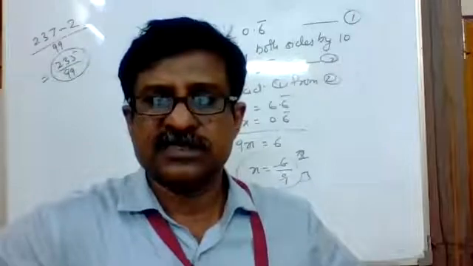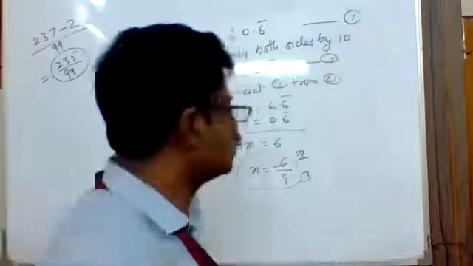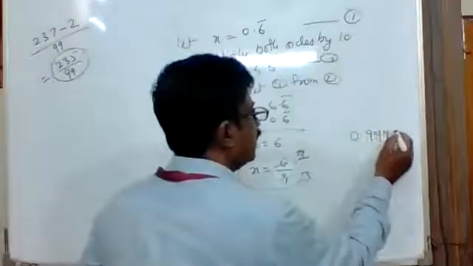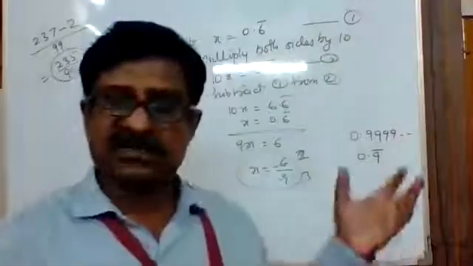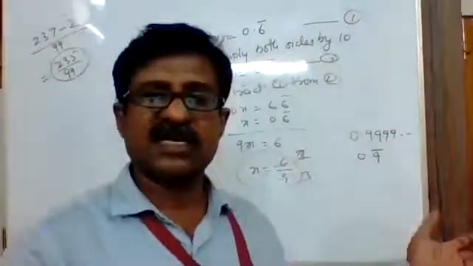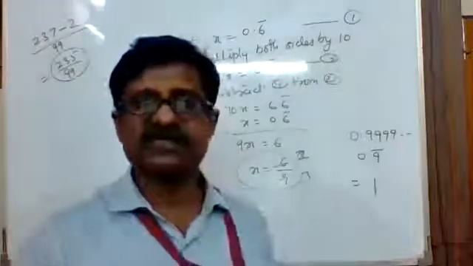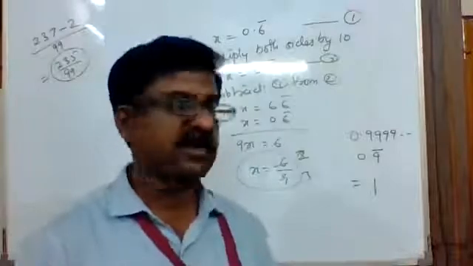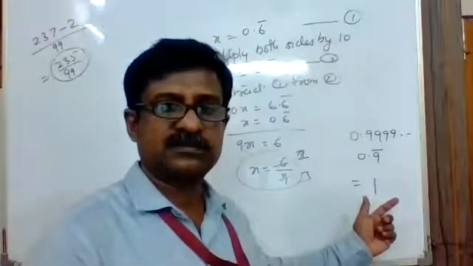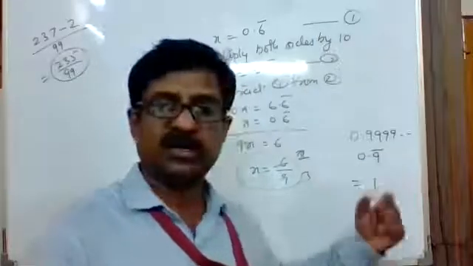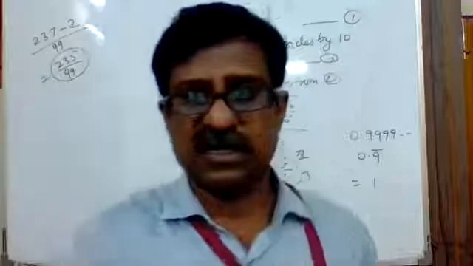Practice the questions. Certain other questions which I haven't taken, you take those questions. Even one more question is given: 0.99999, convert it in the form of p by q, 0.9 bar. Surprisingly, you're going to get the answer as 1 here. If you simplify it, it is coming very close to 1. Therefore, 0.9 bar and 1 are not exactly equal, but when you solve it, then you will get the answer in that way.